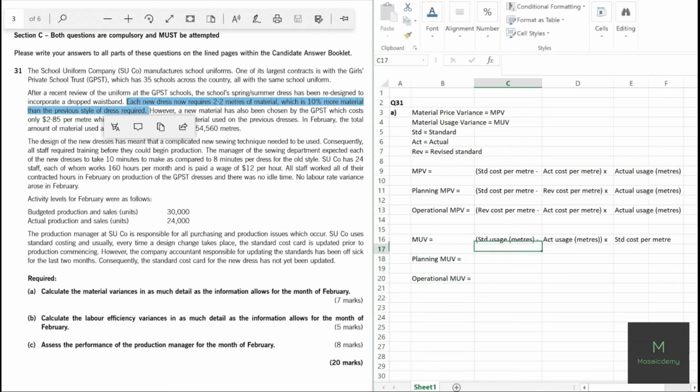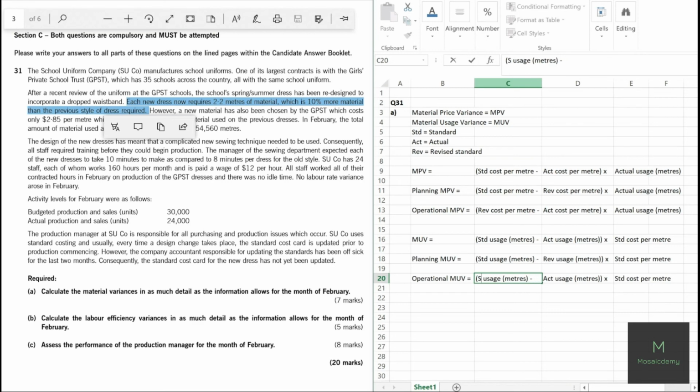So in the first one, we'll replace the actual with the revised, so this will remain the same, but the actual will become the revised usage. And in operational, the second part of the formula will remain the same, but this original standard will become the revised standard, right? Okay,